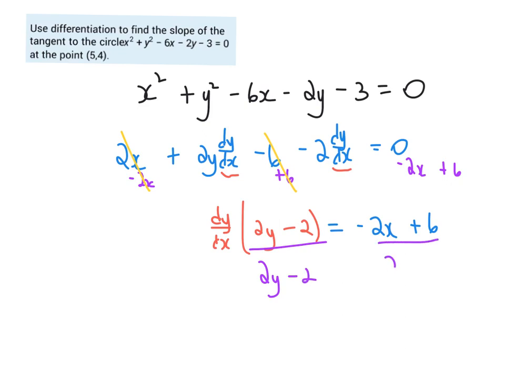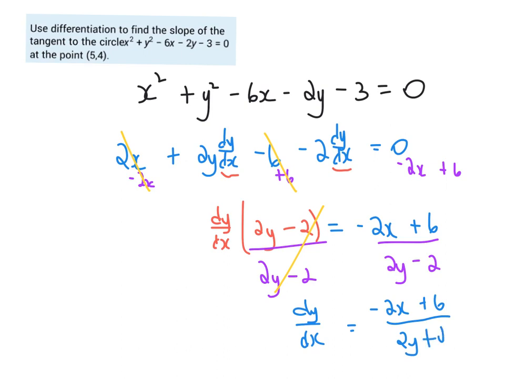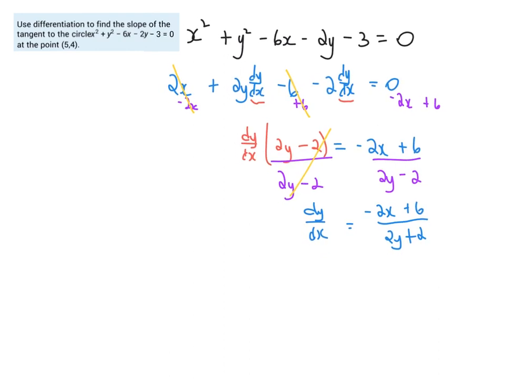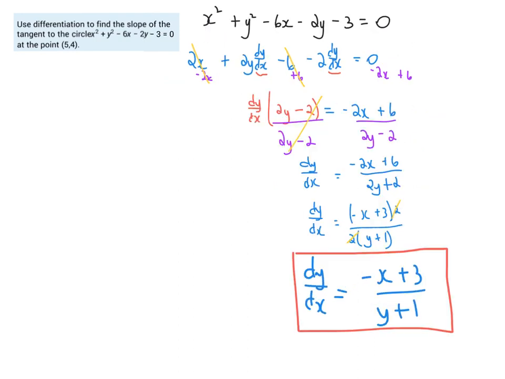And so I will also divide here by 2y minus 2. So these cancel here, and we have dy/dx is equal to minus 2x plus 6 all over 2y plus 2. Well, we can see that 2 is common to all of those, so let's simplify this down and say dy/dx is equal to minus x plus 3, all multiplied by 2, over 2 times y plus 1, and so our 2's cancel. And so our answer then is dy/dx is equal to minus x plus 3 over y plus 1,